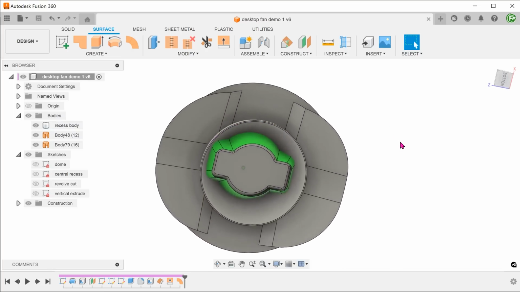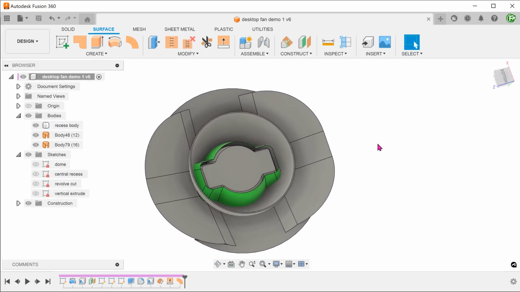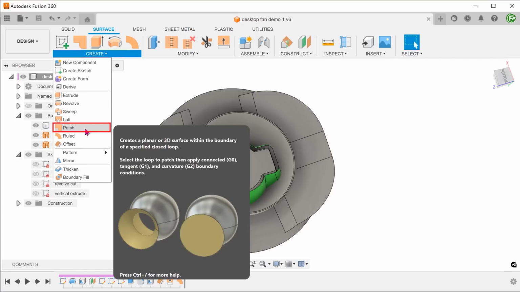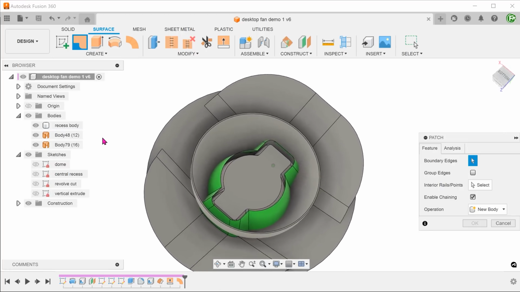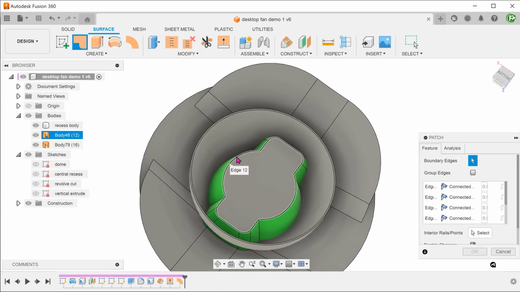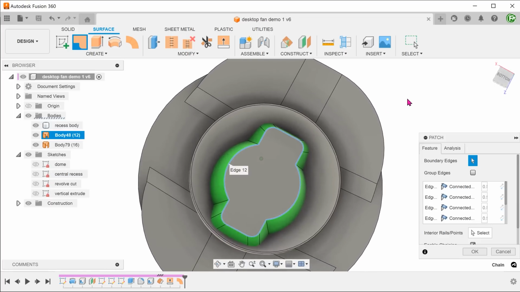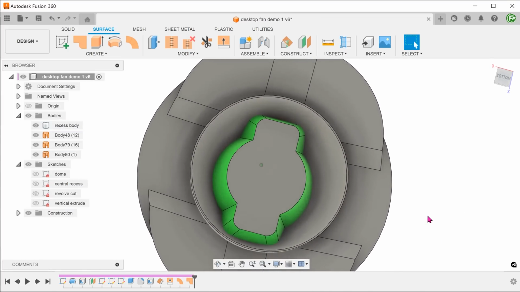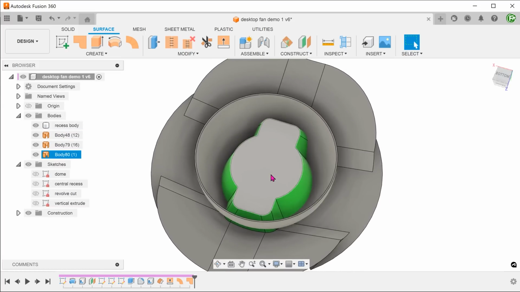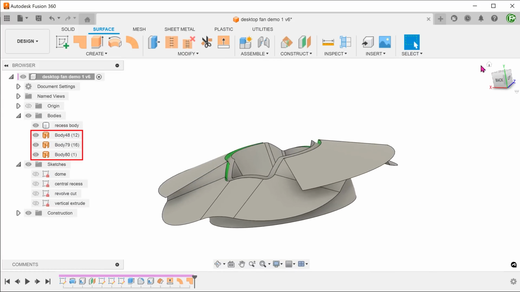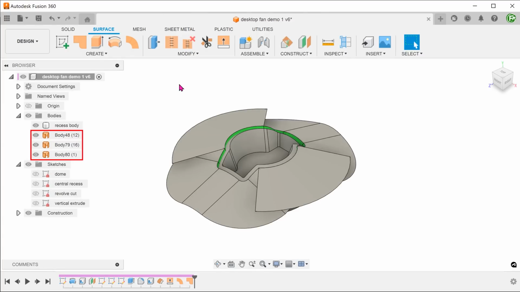Let's patch up the central opening of the surface body. Go to Create, Patch. Turn on Enable Chaining and select this chain of edges. At this point, these are still separate surface bodies.